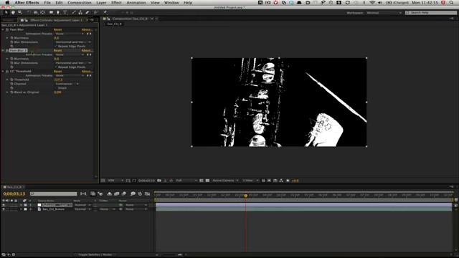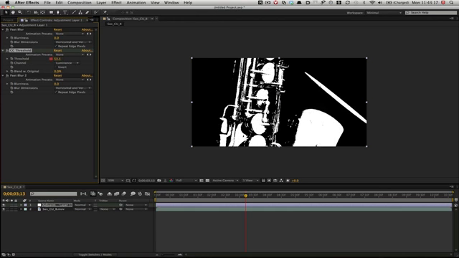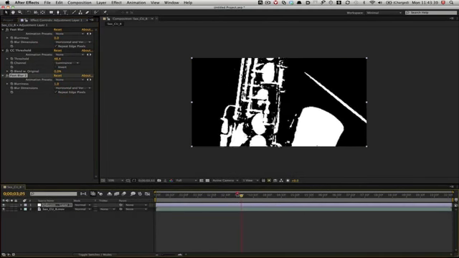Now let's move the second instance of the Fast Blur to the bottom of the stack, and we're gonna play with the threshold effect a little bit. Now for every piece of footage it's gonna be different settings, so you have to play with your own footage and see what looks best for you. The second instance of the Fast Blur is just to keep things smoother, so we're gonna put a value between 1 and 2 pixels. Again, depends on the footage. And as you can see, we have this nice